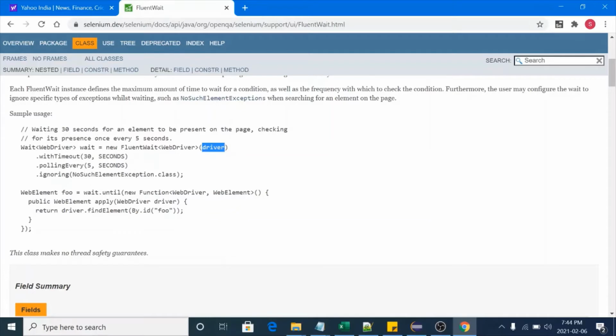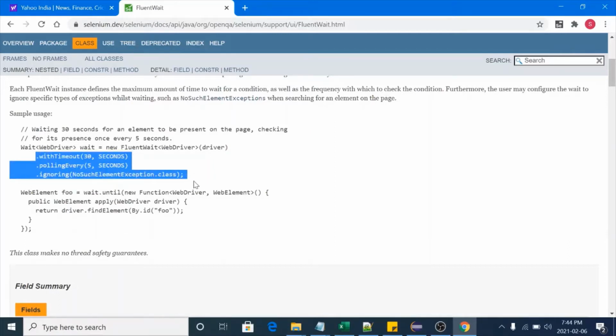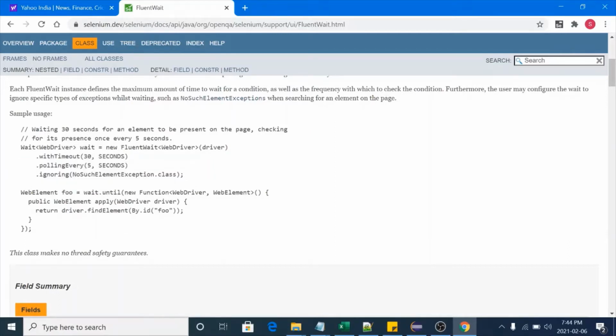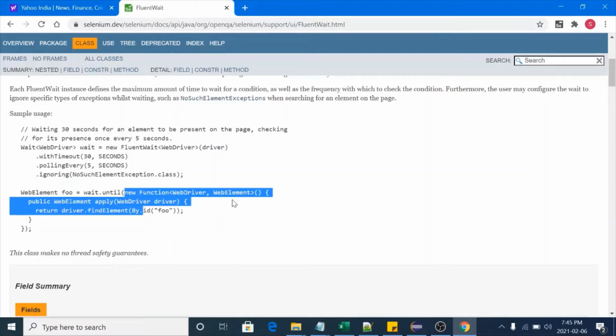Okay, and pollingEvery 5 comma seconds, ignoring NoSuchElementException. So these are the three functionalities provided by FluentWait. And how to use that? You can use it like wait.until, and in this you can pass your condition. You can pass a method like this, or you can pass expected conditions. Okay, it will work.